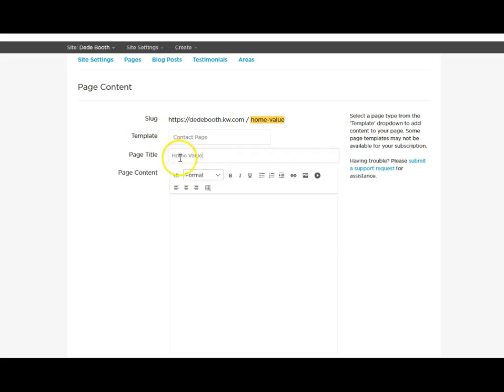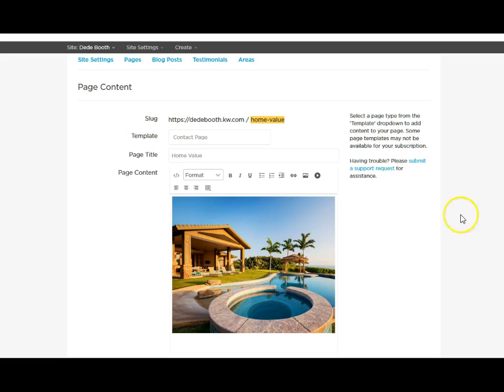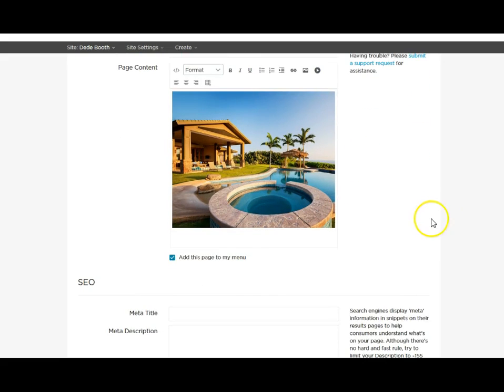So I've got my contact page called home value, and I'm going to add a photograph, upload an image. So I'm going to click here to do that. You can also upload video if you'd like, and there's a way to put links in. But I'm going to click to upload that image. So here's the picture of a house, and let's say underneath the picture I'm going to put some words. I'm going to say, interested in selling your home,